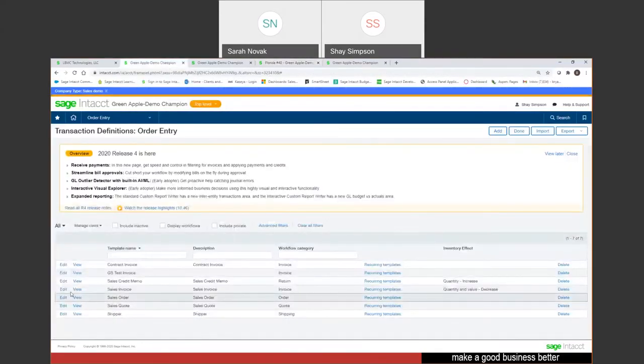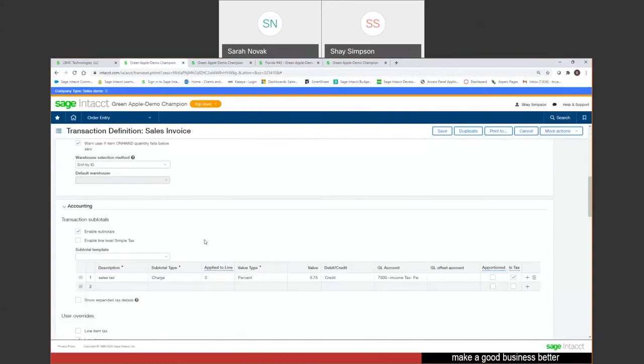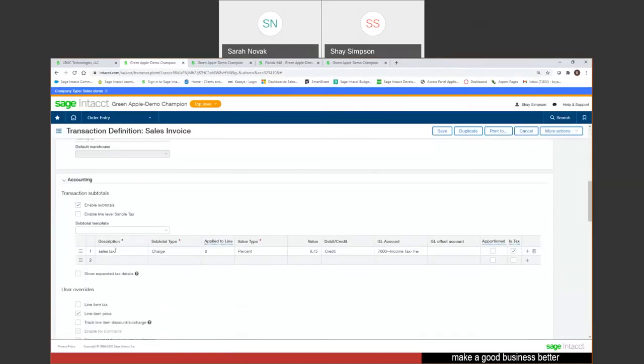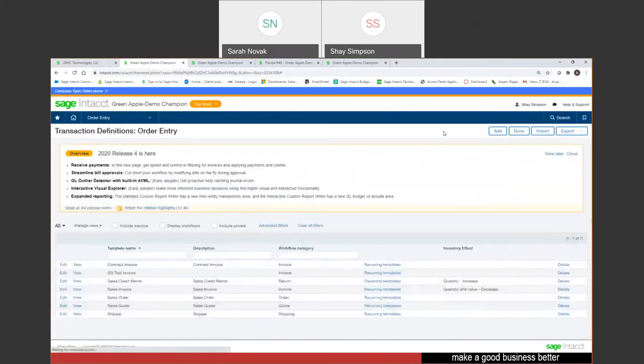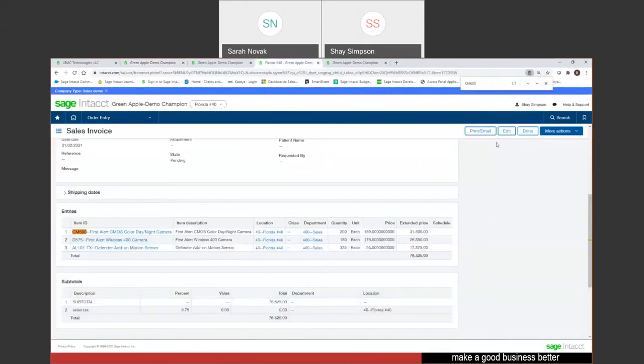So I go back into my transaction definitions under order entry. I go back into my sales invoice. And within my subtotal section, notice right here, it's in all lowercase. I don't want that. I want it to be in all uppercase. So I'm going to save it. Now if I come back out here, I'll close out of this. Now if I come back in here and I print,